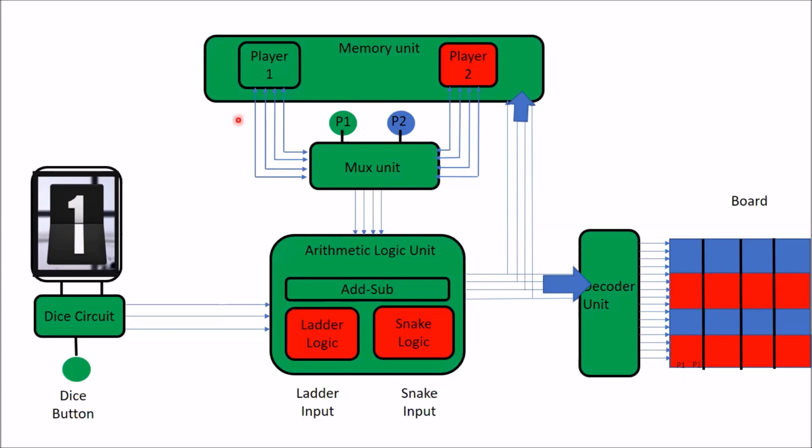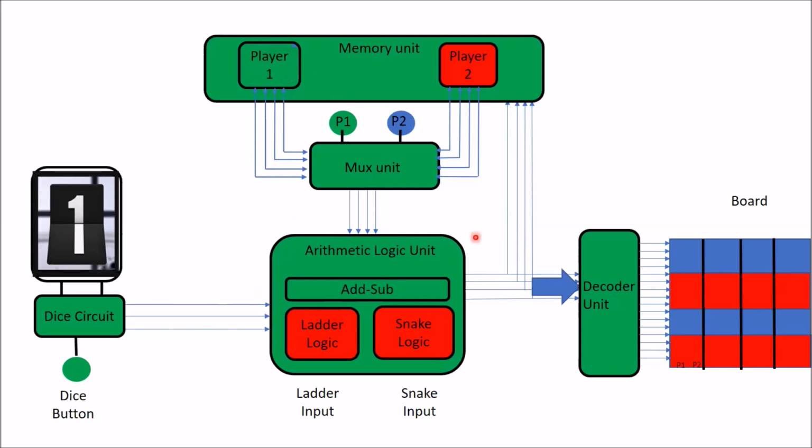Now the 0 plus 1, whatever the output we get, that is 1. Now 1 needs to be your present state and next state for the next run, right? And the previous state for the next run, right? This 1 will be now the present state of player 1, and it will be the previous state of player 1 for the next run, right, after player 2. So now activate this thing. So now the data is activated.